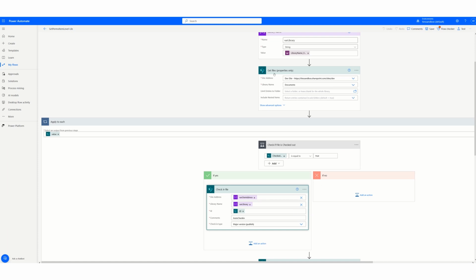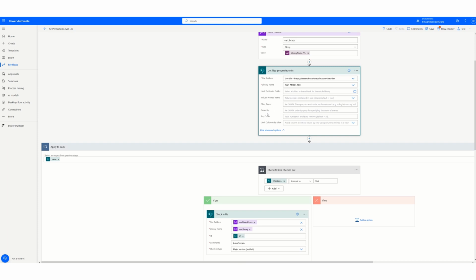Okay, the first one is get files. As you can see, I put the whole name in here along with the library. Since we're doing the FY21 metal PVC library, I'm going to set that in here. Now if you want to restrict which ones get pulled in, this creates a table, or an array, you can actually come in here into filter query and specify what items you want to bring in. Okay, it's an OData filter,